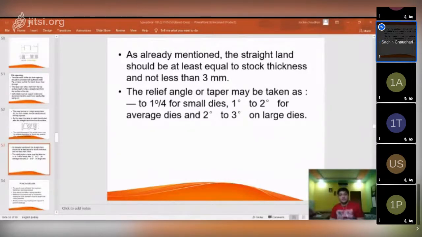And one advantage of the section die is that resharpening becomes easy. Okay, so grinding of that section is more easily done, which is a limitation for your solid die block. Okay,